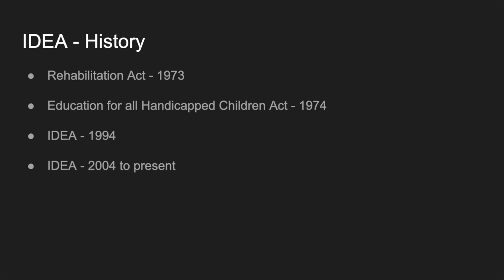So IDEA history is broken into a few different key sections. Key things built their way to the history of IDEA. The first being the Rehabilitation Act of 1973, which was the first real push by the disabilities community to seek formal recognition that there was discrimination occurring in the general public. It was limited to just federally funded programs and mostly addressed only access issues.